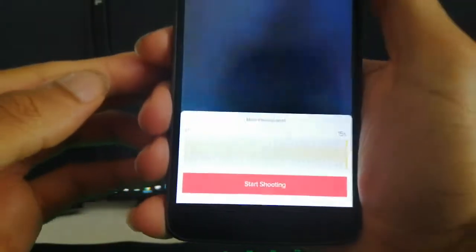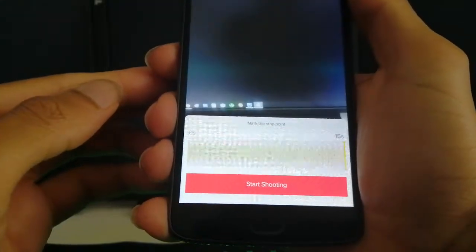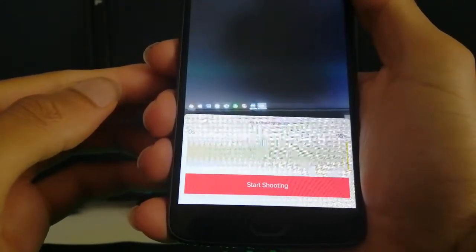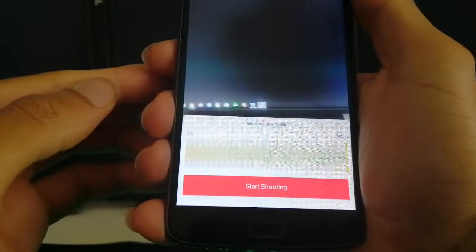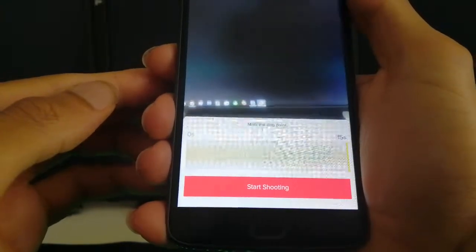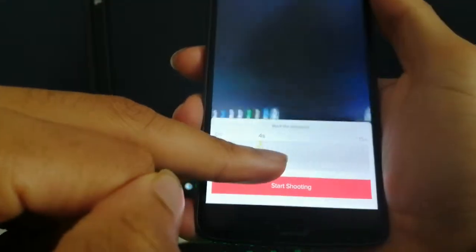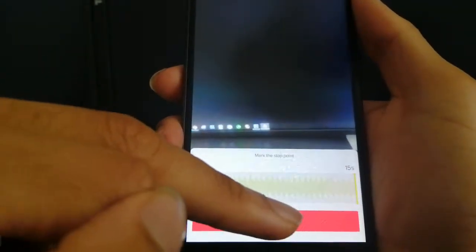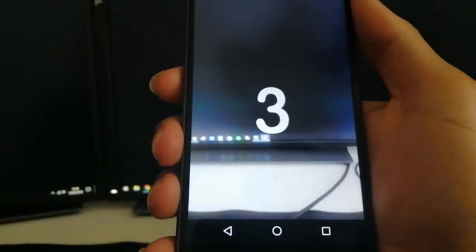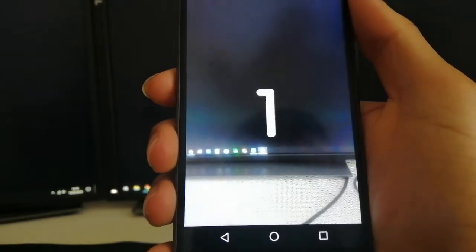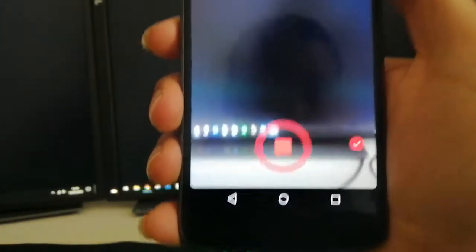And then at the bottom, if we can see that, it gives you the option to select how many seconds that you'd like to record. The maximum is 15, and you can change it to any amount that you want. So we're going to keep that at 15 seconds, and I'm going to click the start shooting button, and you can see the countdown. It's beginning and we're now recording,